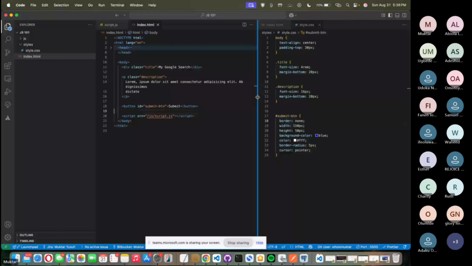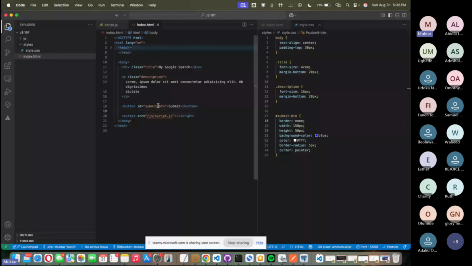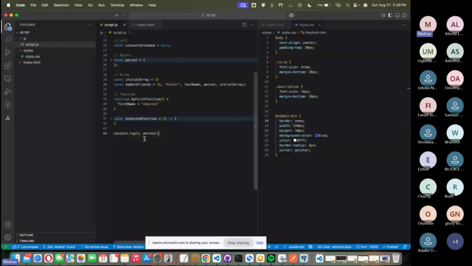Remember too that whenever you are writing something, you are building a program, and the first thing you should ask yourself is, what do I want to achieve? First of all, I want that when I click on this button, an alert should come up and say that I'm an awesome engineer. That's the accolade I want to give myself. So I come here to my script, remember, we have it here, and I come here to say,